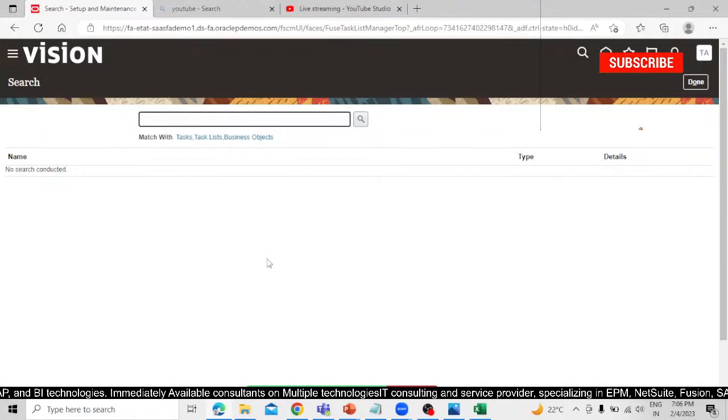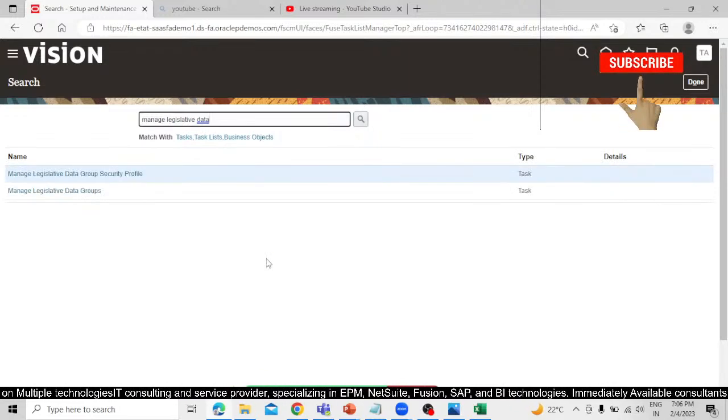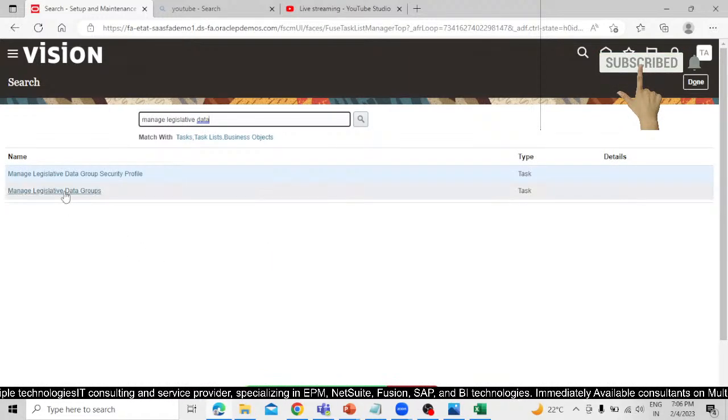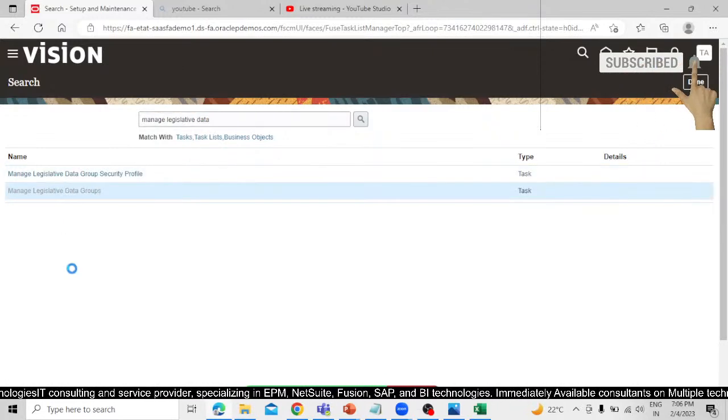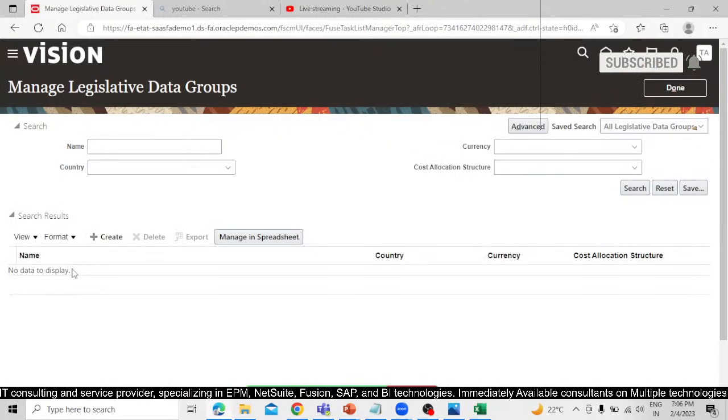The task name is manage legislative data group. Click on this task, click on this create,